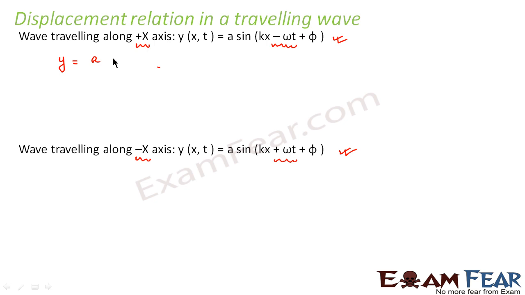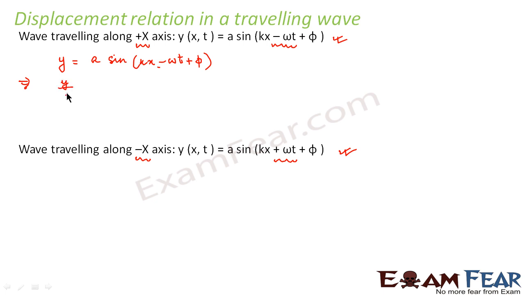This expression is basically y is equal to a sine kx minus omega t plus phi. Phi is a phase constant. We will study about it later. So as of now, we can ignore the phase constant. I am sure you have studied about it in your oscillatory motion as well, and you know that we can consider the initial phase constant as 0. So let us write this equation in terms of x.